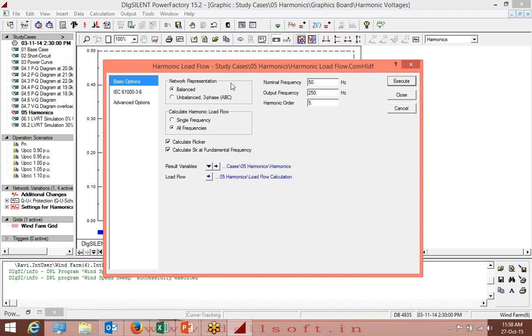These are some loading features. We can put nominal frequency and output frequency as we want, and the harmonic order of the analysis. Network representation we can define, calculation of harmonic load flows we can do, calculate flickers, and some result variables we can add to this.